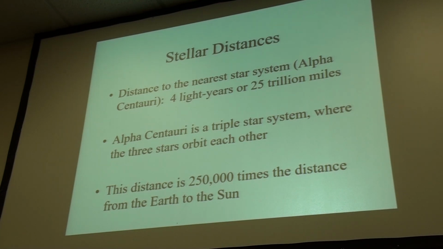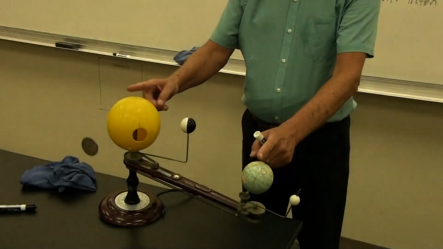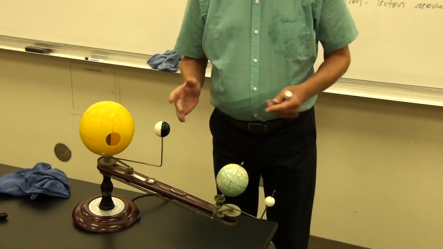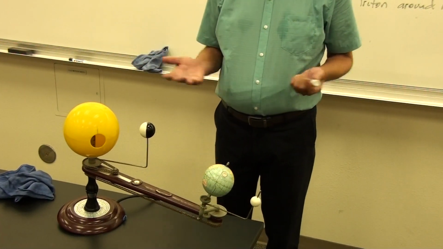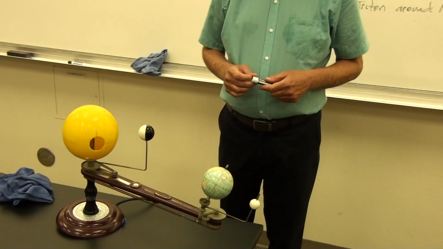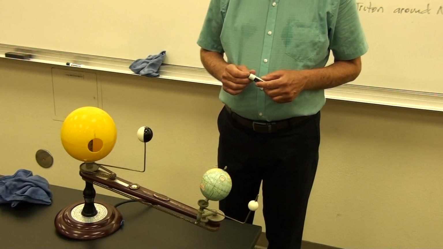That would be part of the triple star system of Alpha Centauri, Proxima Centauri, and also there's a white dwarf star. And that distance, 250,000 times the distance from the Earth to the Sun. And so if we put that in perspective then with the scale that we looked at here, on that scale then we'd have to drive all the way to Buellton from here to get to the nearest star.